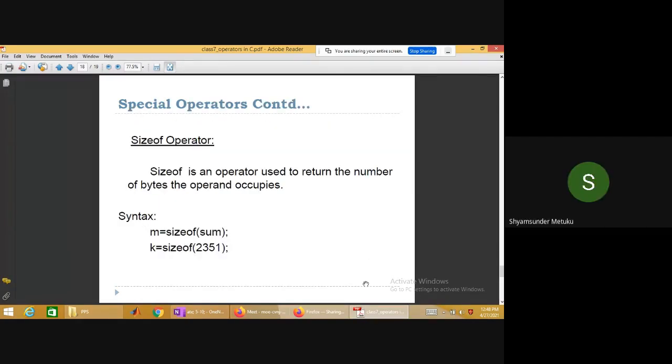Yes, sir. The sizeof operator, I think in the previous class I just mentioned what that is: to find the number of bytes of each data type. We have used the sizeof operator in the printf statement. I'm not going to discuss much on it because we have already done it in the previous class examples to know the number of memory bytes for each data type. It's called sizeof. So sizeof is a single word with a bracket. You can use either the data type name or the variable name. Anything is okay. Is it clear?